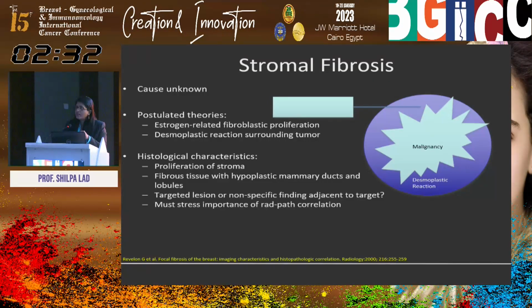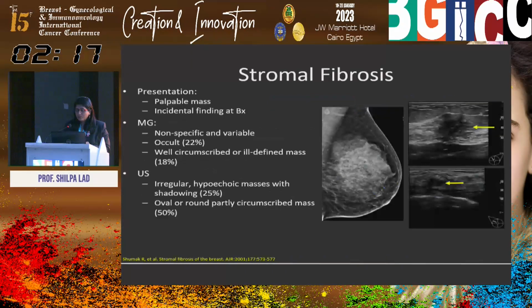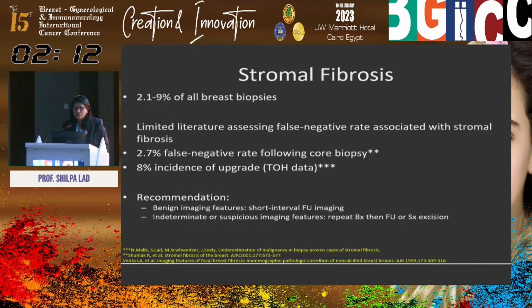We cannot make the difference based on ultrasound. Our needle almost seems like it is through the lesion, but it is only through the desmoplastic reaction and not through the center of the lesion. Therefore, if you get a diagnosis of stromal fibrosis, then we need to do something further, okay? There have been a few studies, and our own data from the Ottawa Hospital showed that whenever there was a diagnosis of stromal fibrosis, there was an 8% incidence of upgrade to some form of malignancy, which means there was a cancer in the center, and in the surrounding area, we only saw